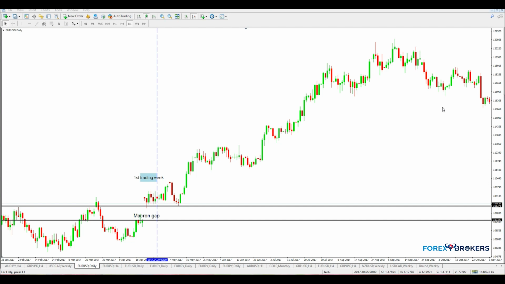There are some gaps that also form during the trading week, as was the case with the Swiss National Bank in January 2015, when it decided, or was forced, to drop the fixed exchange rate on the euro Swiss franc at 1.20, creating a huge gap, a gap that you would not see on the charts anymore, because brokers filled that gap with a huge bearish candlestick.